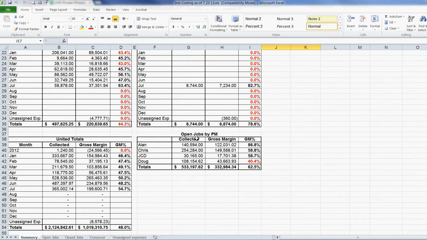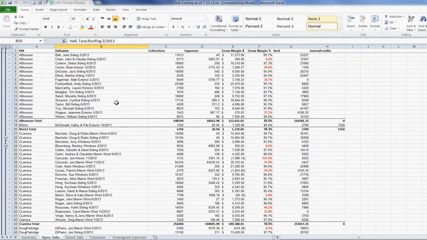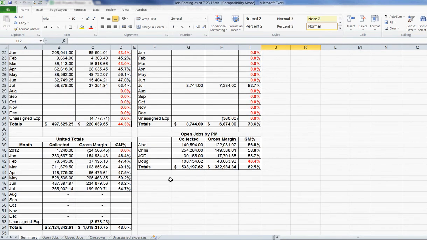We'll go here, which also relates to an open job tab. Again, sorted by project manager, and then from there, I believe it's alphabetical, full name. So back to this, on the main screen we have